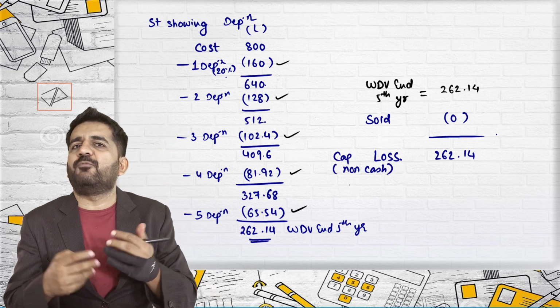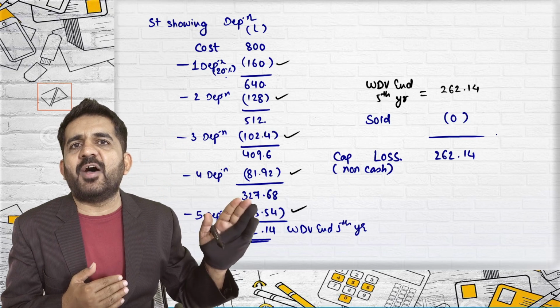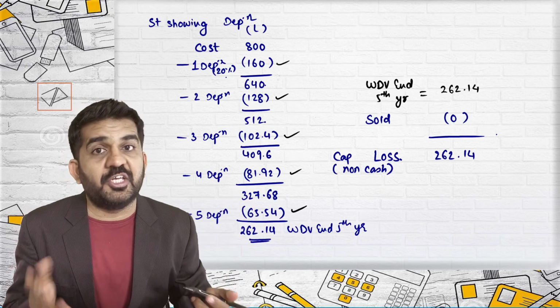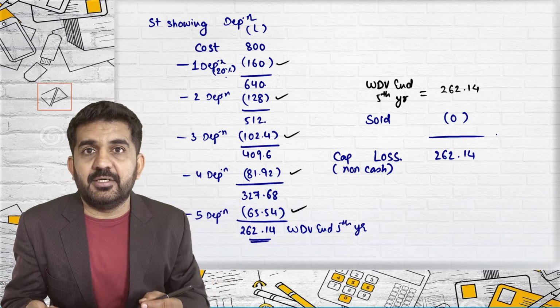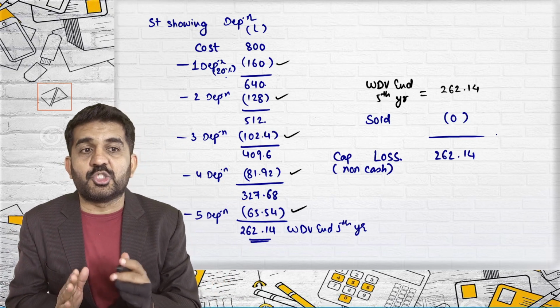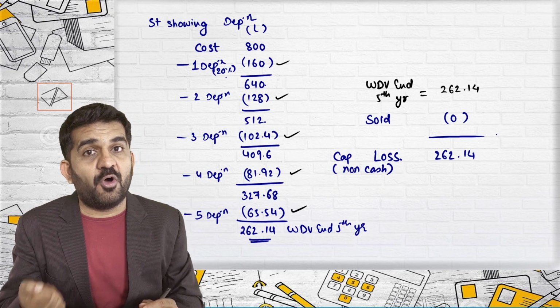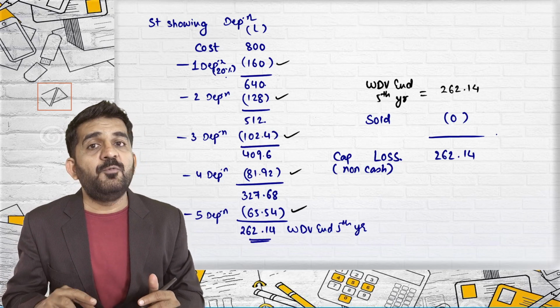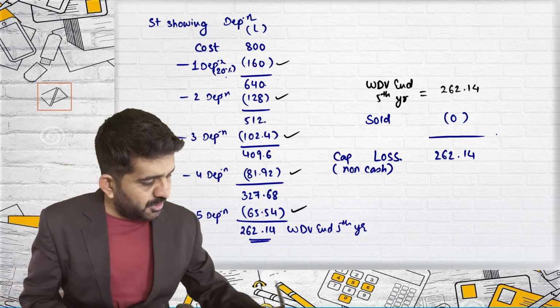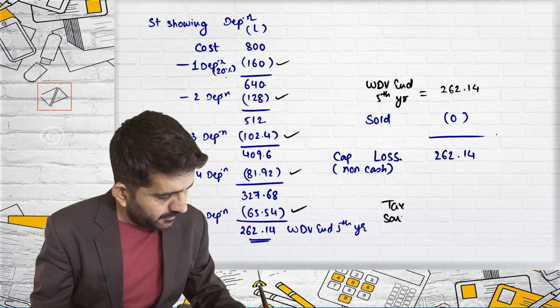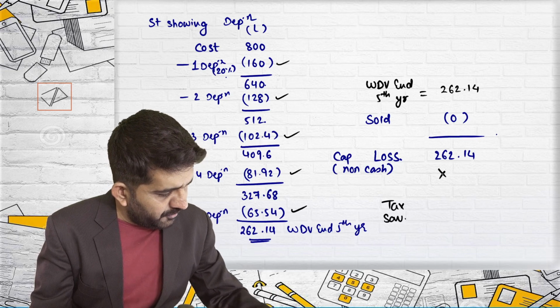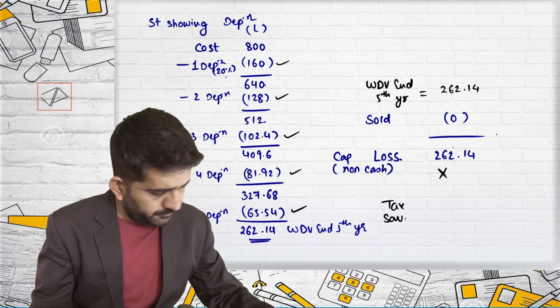You have already paid for machinery. So at the end of 5 years, you are having a loss. It is non-cash, agreed. But you will save tax on it. In the introductory lecture, we have understood this. If you are having profit, you will have to pay tax. If you are having loss, you will save the tax. And what will be the tax savings? It will be 262.14 into